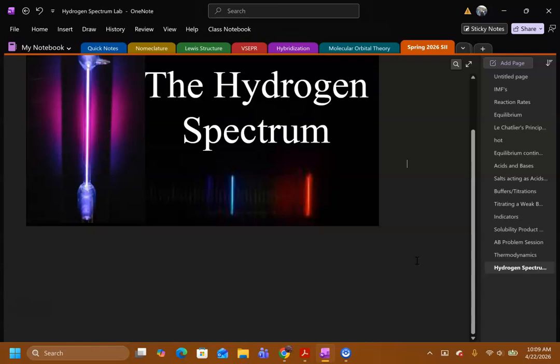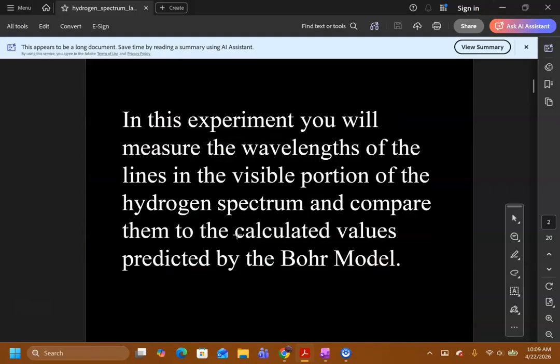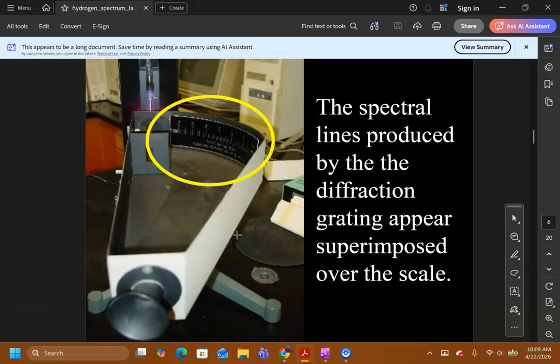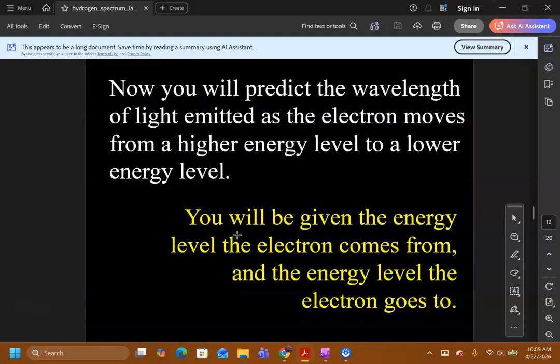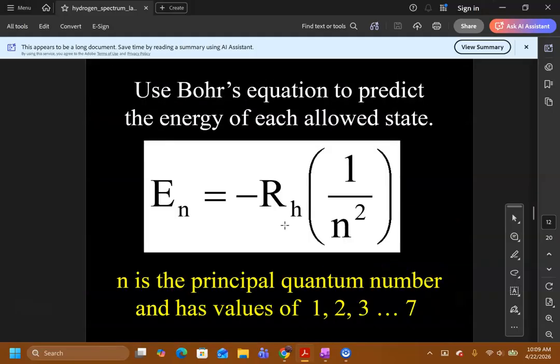So in terms of the experiment, you're going to go through the PowerPoint, and you're going to measure the wavelengths that are observed within that spectrum, and then you'll use the necessary equations to go through and actually physically calculate what the individual wavelengths are and how much energy is released from each of those